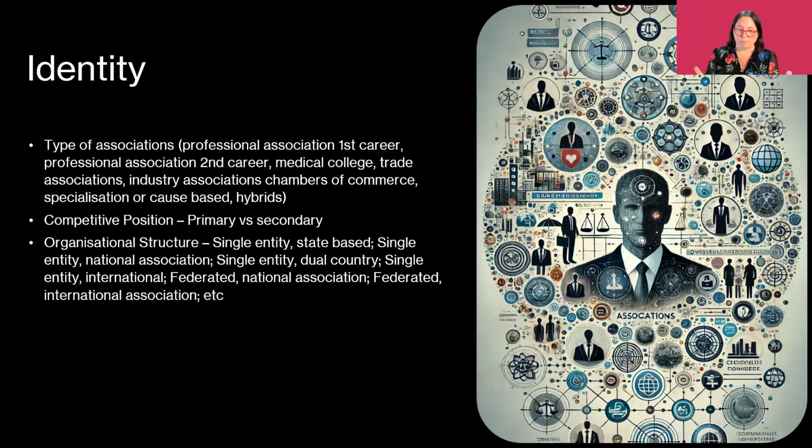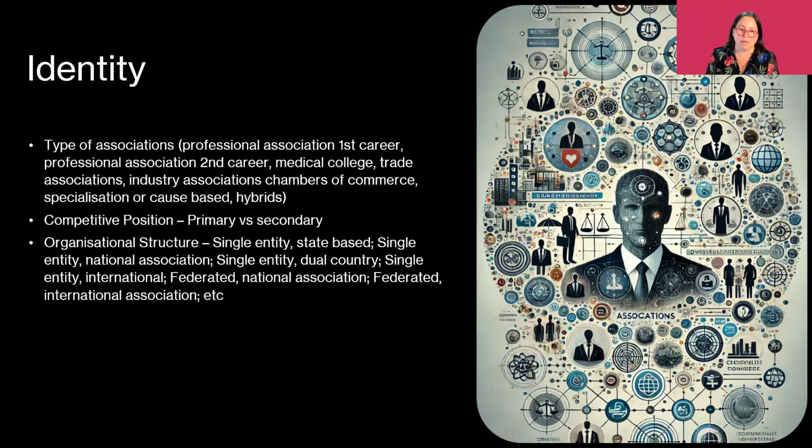This actually makes putting together your membership program quite different between the two. For a primary body, you need to deliver value to members, though you've pretty well got them in most instances, whereas a secondary body needs to deliver value that is either better than or distinct from the primary body. So understanding which of these you are is really helpful when you're crafting your value propositions and what your space is in the membership.